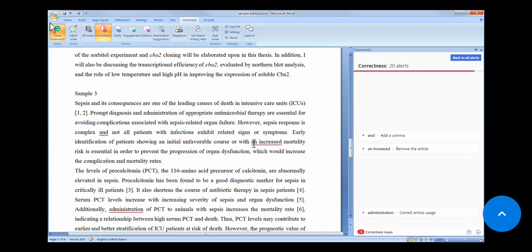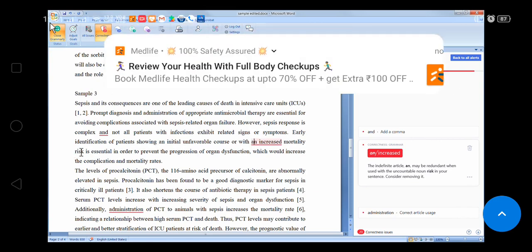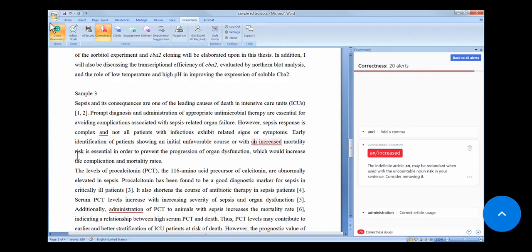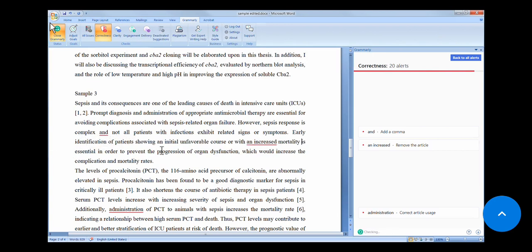For example, it says with an increased mortality risk, and here it asks to remove the n in an, but I think it's required because it's an increased mortality risk. If it is just mortality then we don't need the article, and in that condition we can say increase the mortality.